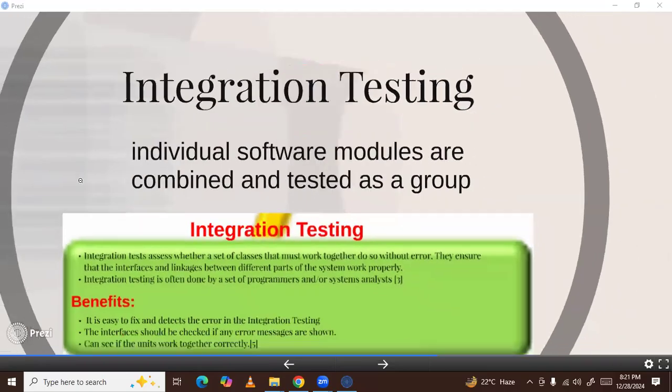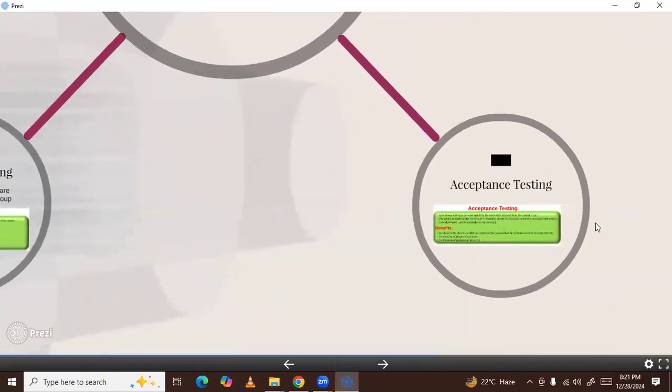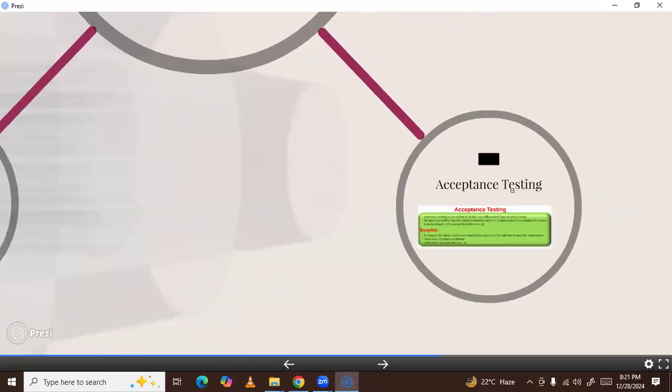And finally, acceptance testing. Acceptance testing is kind of like people are